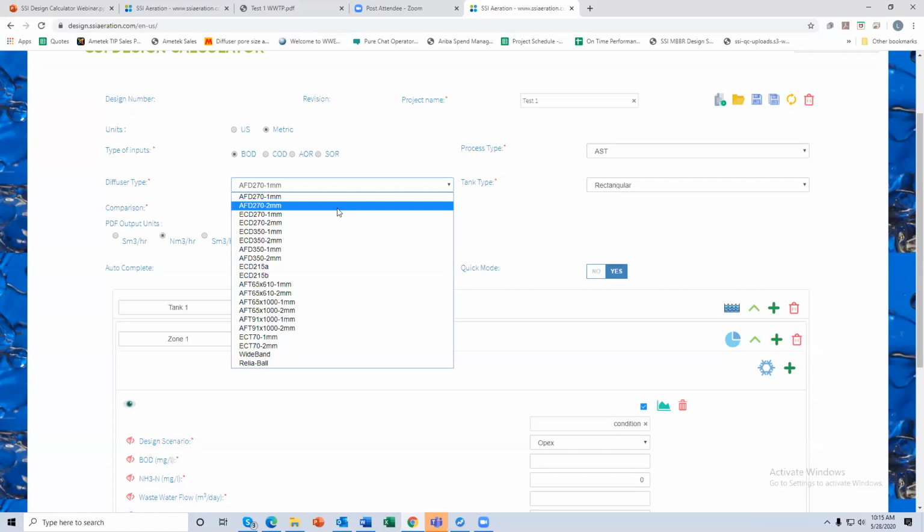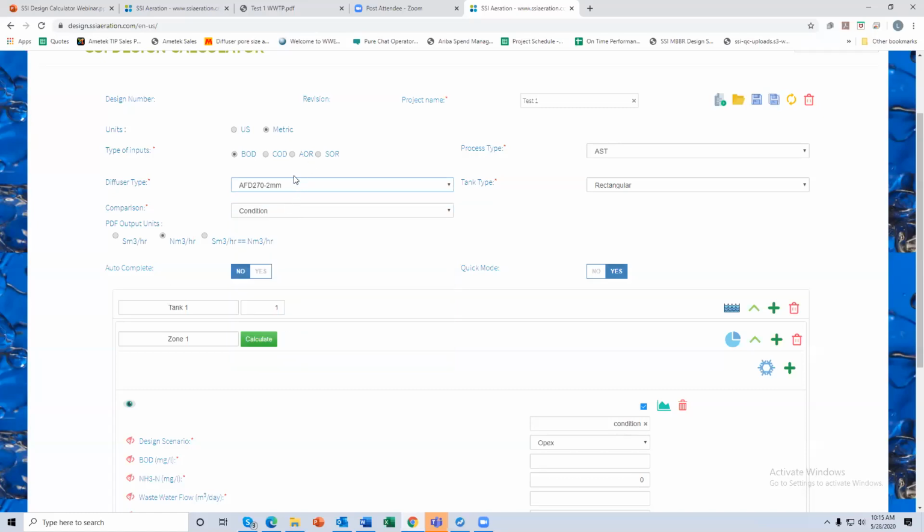So when you need a little bit more mixing, the 2 millimeter slits is an optimal selection. It can also help you mitigate fouling in aggressive industrial applications, etc. And then the comparison. This is one of the last things that I'm going to be explaining, is you can do comparison depending on